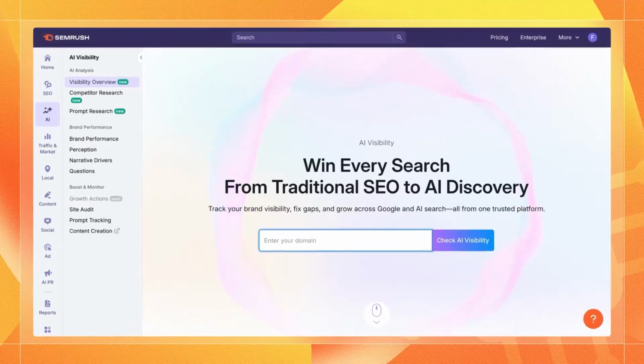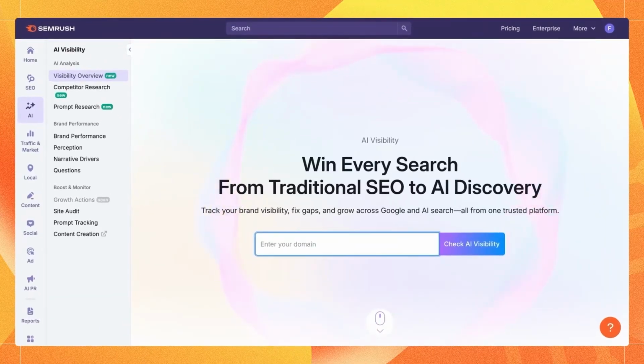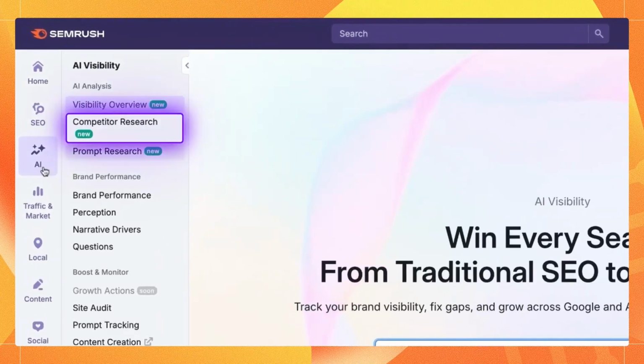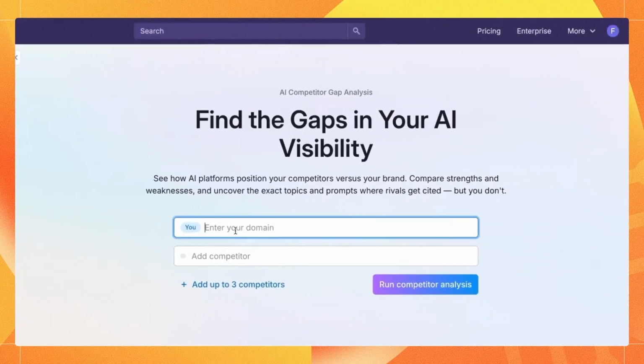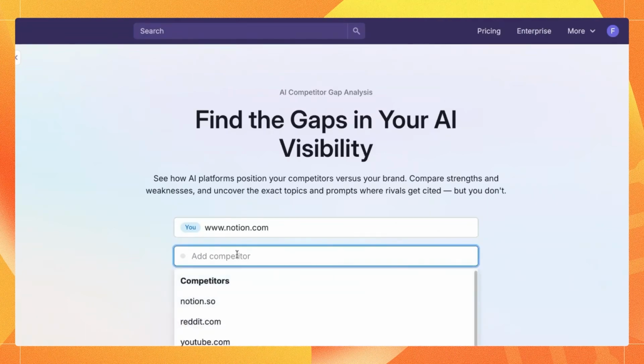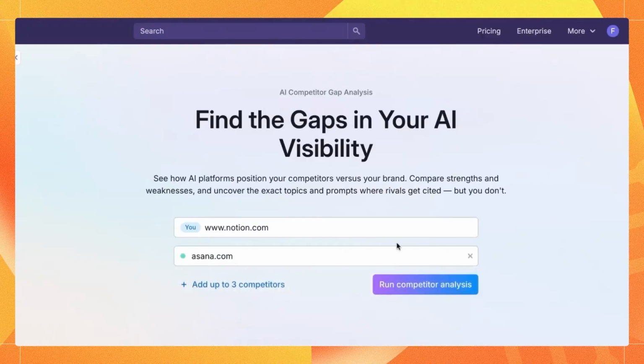Hi, welcome back. In this video, we are going to see how we can identify sources that are citing our competitors but are not citing us. So to do this, we're going to go to the AI Visibility Toolkit and into competitor research. Once more, we're going to use Notion as an example, typing Notion in here. And based on our previous competitor analysis, we noticed that Asana is the competitor that's doing the best in terms of AI visibility. So we're going to keep the competitive analysis to just 1 competitor here and